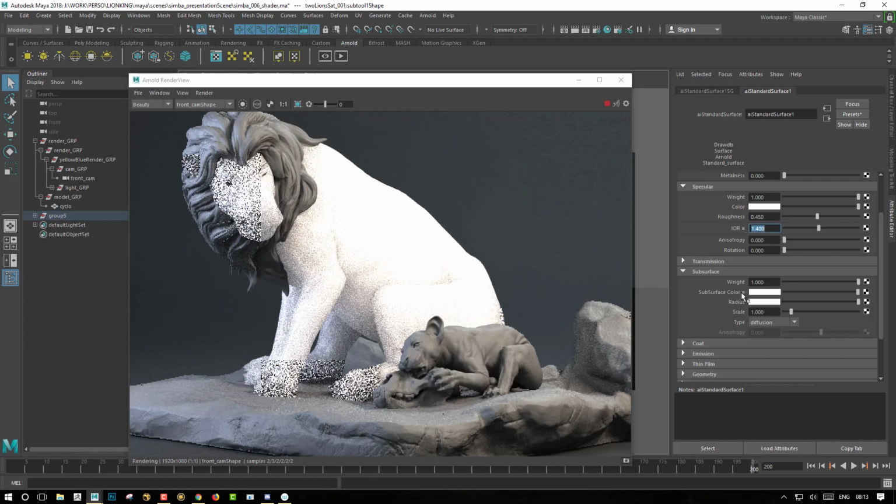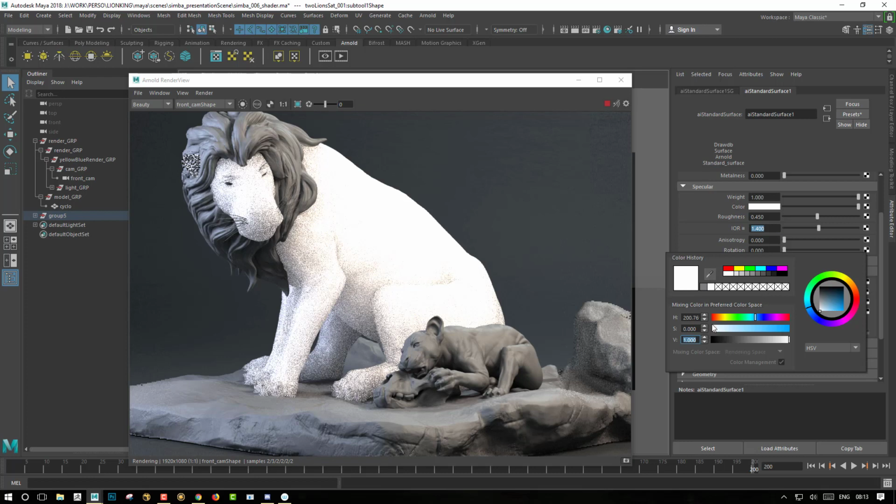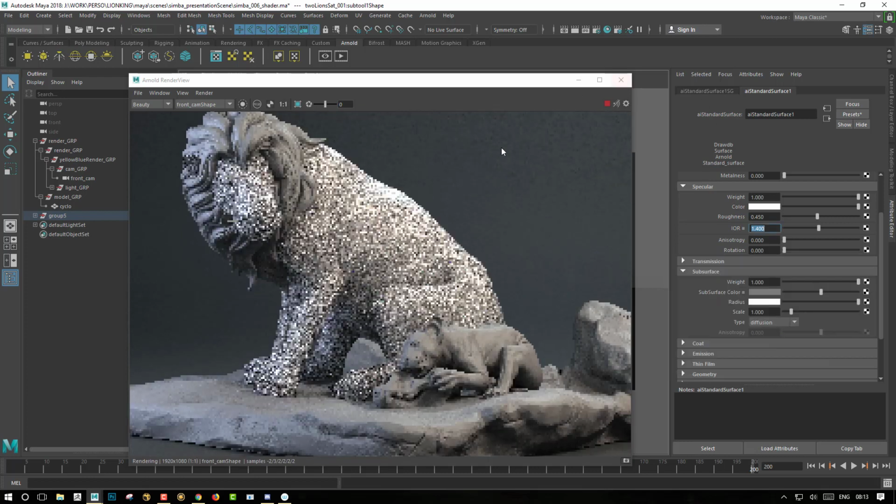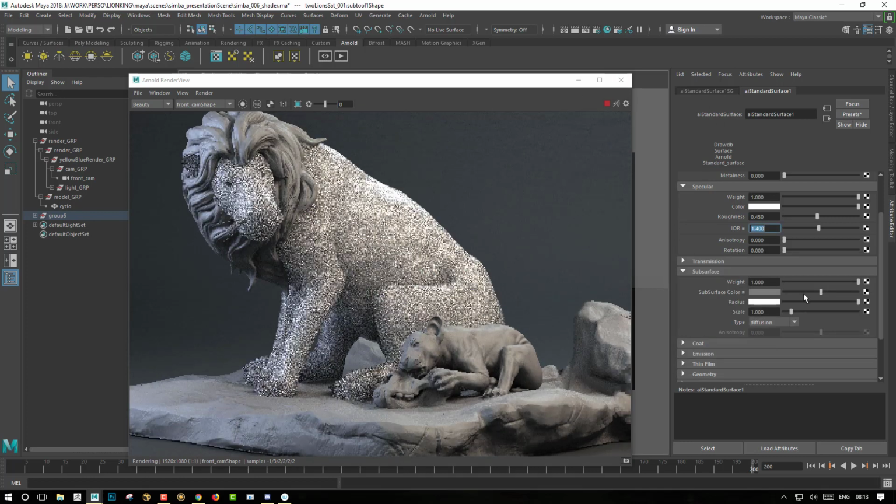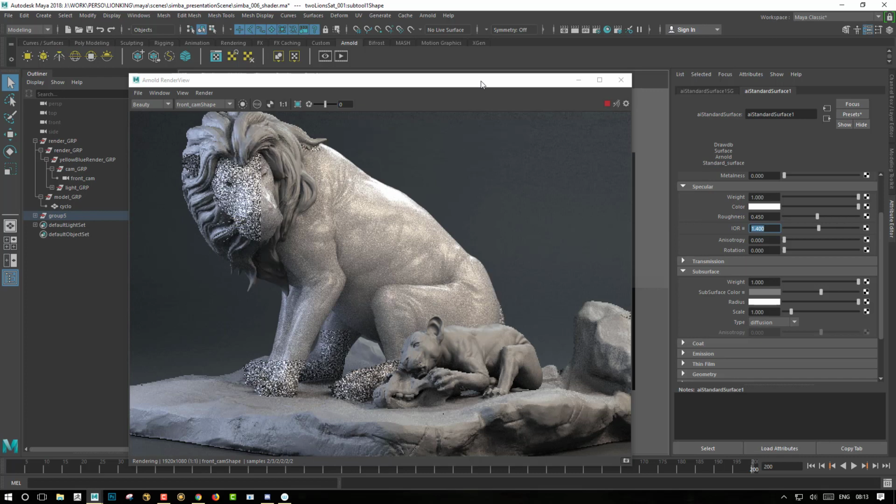We can see that we have way too much SSS in the material, and it is not because of the color. If we want, we can still play with a color, so just pick the former one to get the same color as the diffuse. But it is because of the scale. Ideally, the model will need to be the same size as what we have in the real world. I will show you later in another video how to set the real world scale value in order to export some correct displacement and in order to set your shader in Maya.